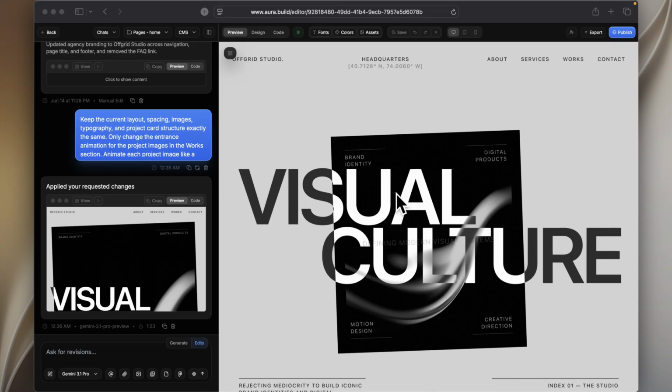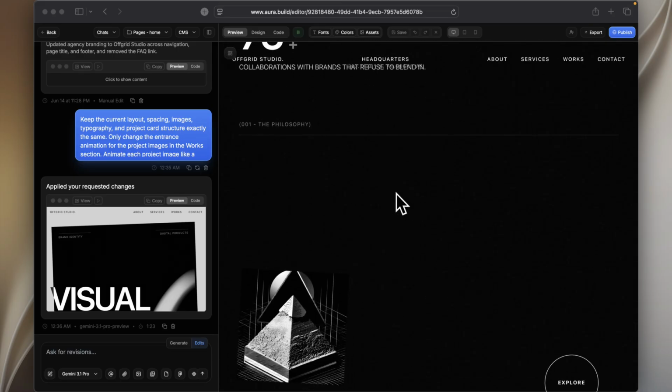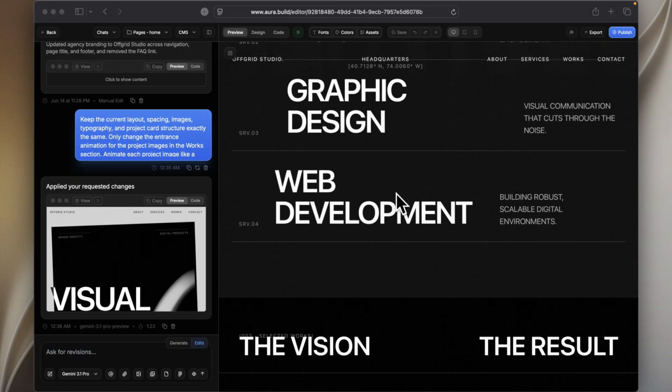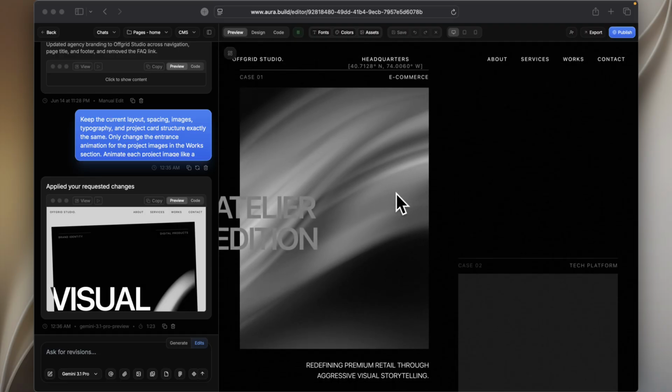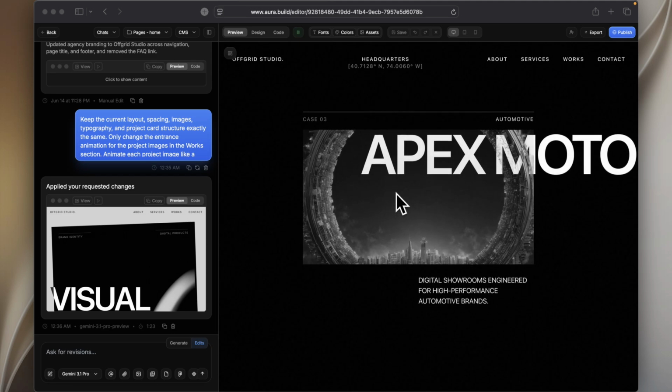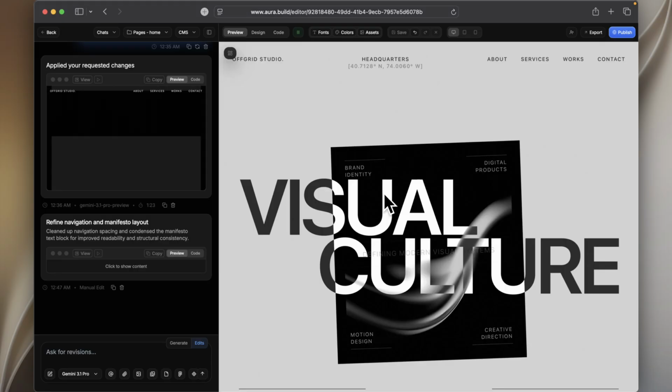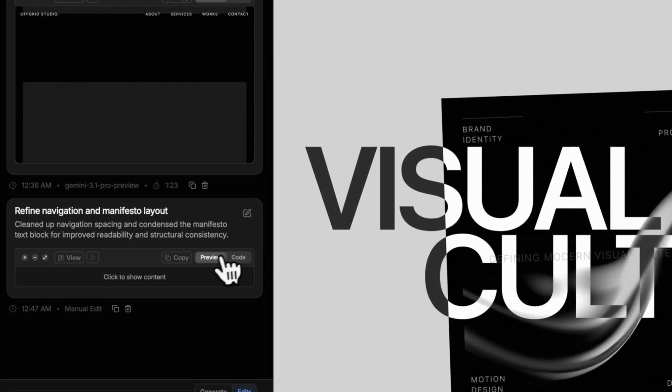Okay, let's see the new animation on the project cards. There you go. This is exactly what I wanted. Great. So I made a few manual edits to fix some spacing and position issues, as you can see in